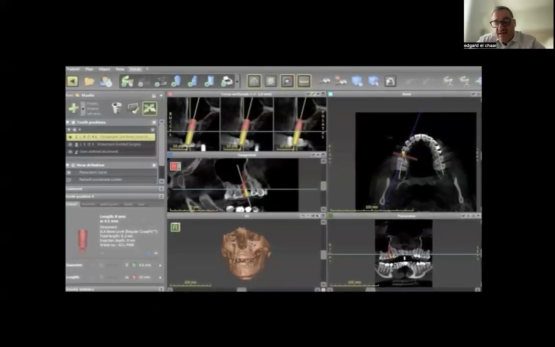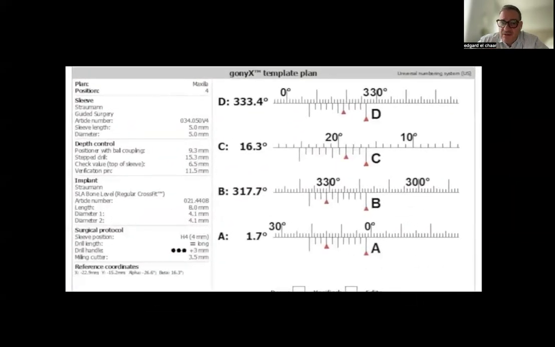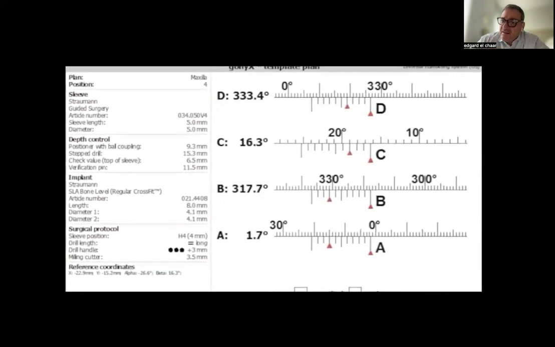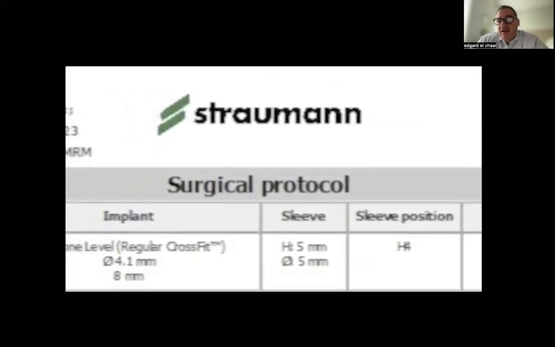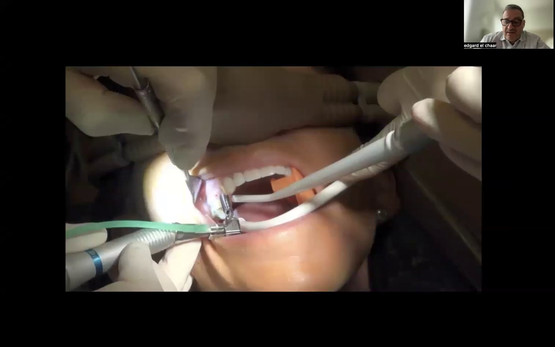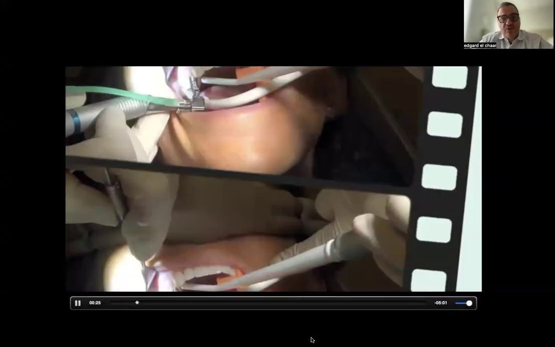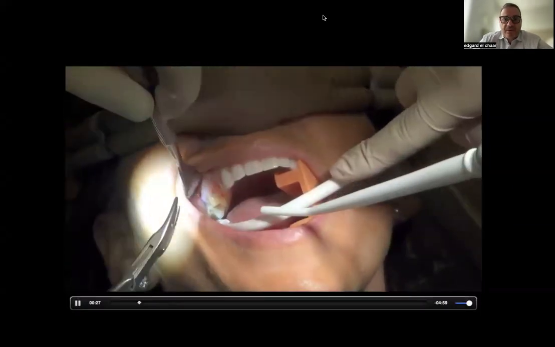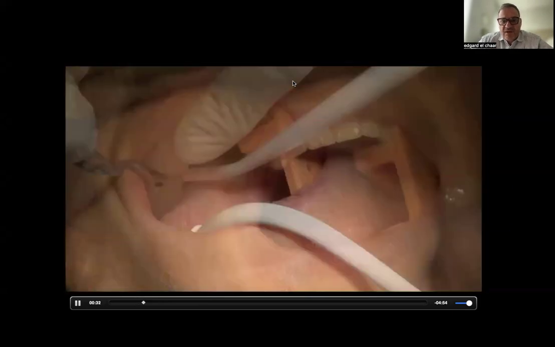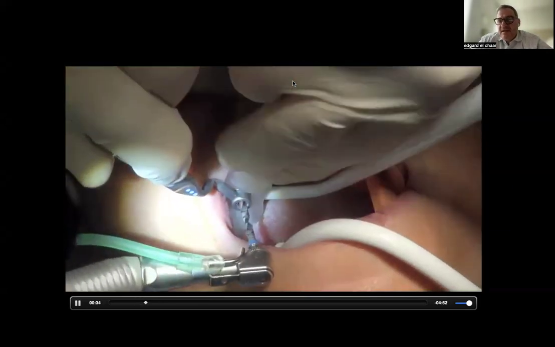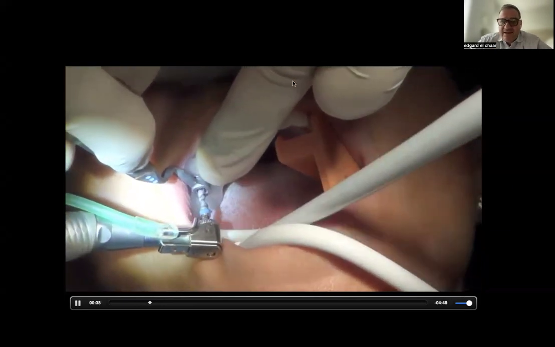So you can see I used to do the guided surgery back when it was really rudimentary. We used to do them ourselves. Before the 3D printing, you get a surgical protocol, and you go ahead and place the implant. So this is following the protocol. You following up the placement. You're gonna prep using the guide,